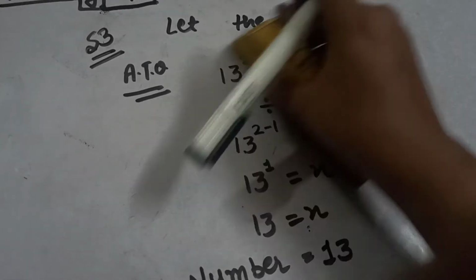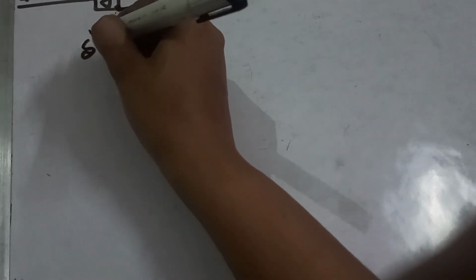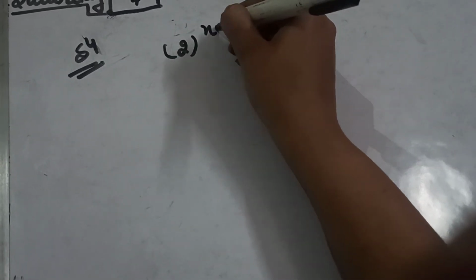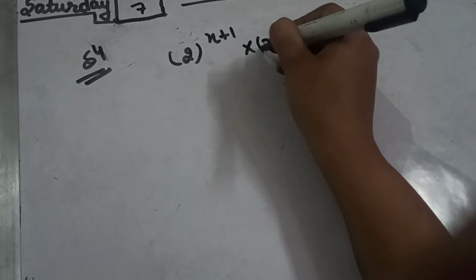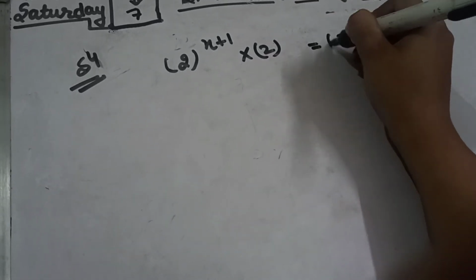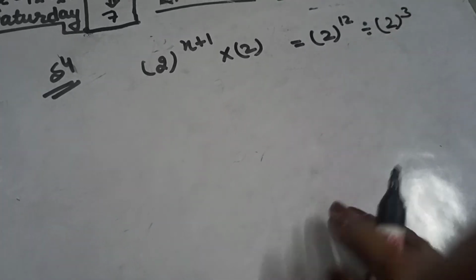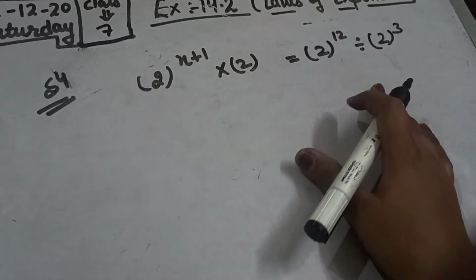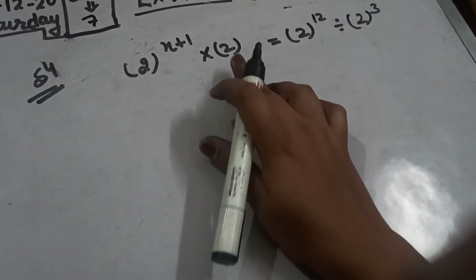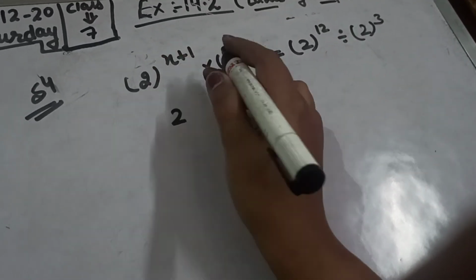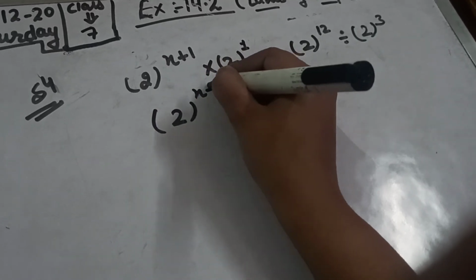Now the next question, that is, find the value of x. Now see this question very carefully. S4, we have to find the value of this: 2 the power x plus 1 multiply with 2 equals 2 the power 12 divide by 2 the power 3. Right? So we will apply the rule on both sides. Here no power is given, it means 1. So when base is same, we will add the powers: x plus 1